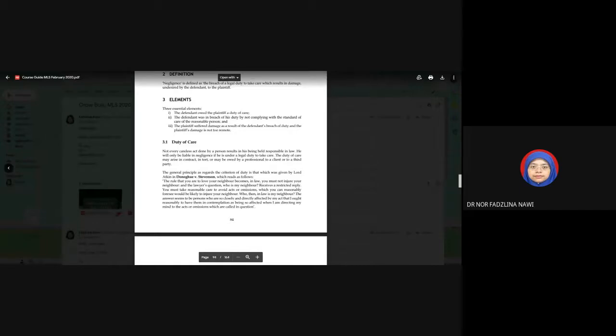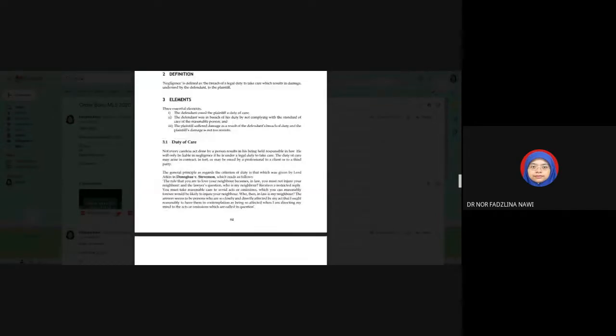After this, but the first thing we need to prove when we talk about negligence is the element of duty of care. Remember I said just now, the element of duty of care means your duty to be careful, right? Because not every careless act means it can cause you to be sued under the law of torts, not necessarily. So there are certain elements that the court will look into to show that actually you have a duty of care